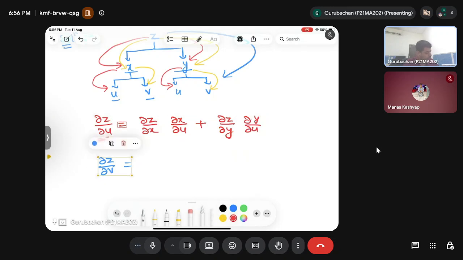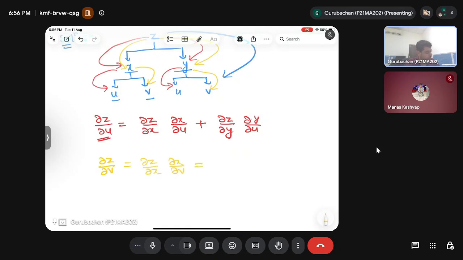Now about this one, so this will be del z by del x, del x by del v, plus del z by del y, del y by del v. This is the chain rule you can say, and this chain rule I am applying via this tree diagram of